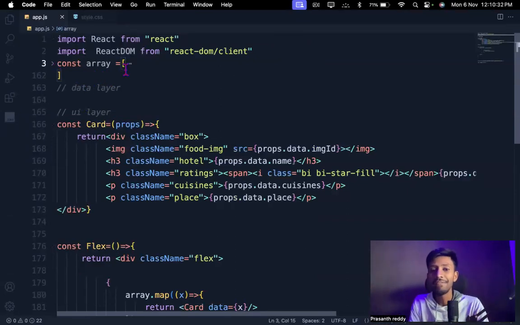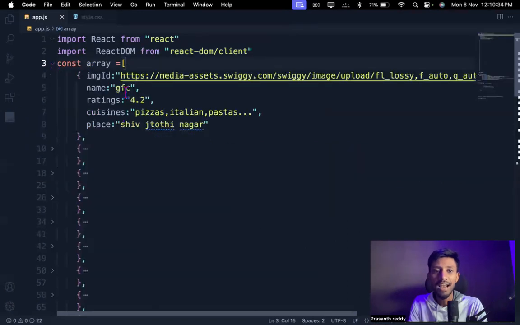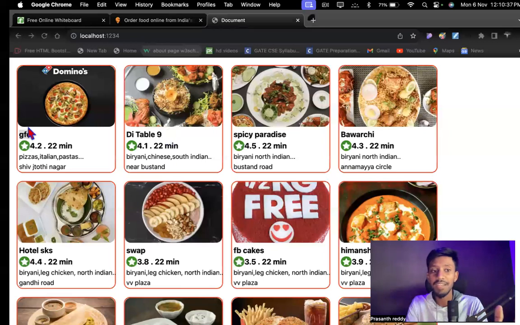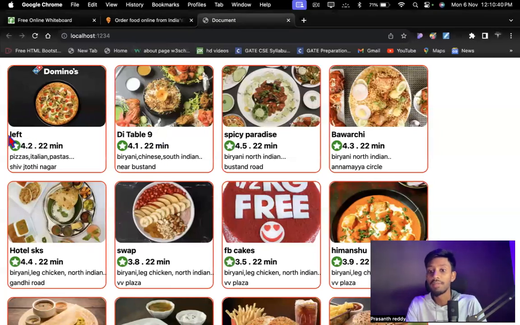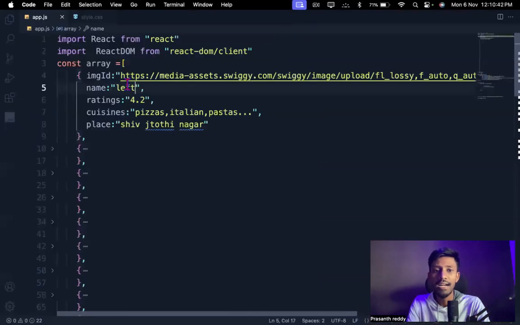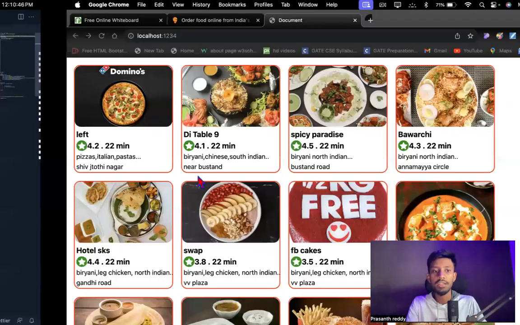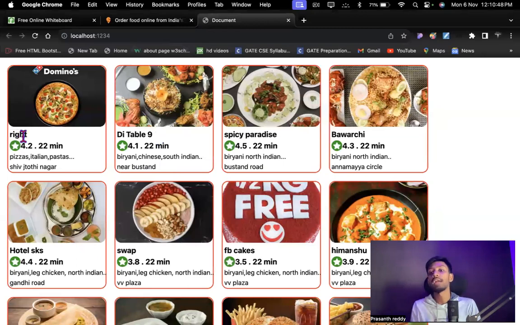If it says left, then my code will move to the left side. Left side, I'm just giving you the idea. See, now it's going to the left side. And if I say right, now you see, it changes to the right, guys. That means, can I say that my API is driving my UI?